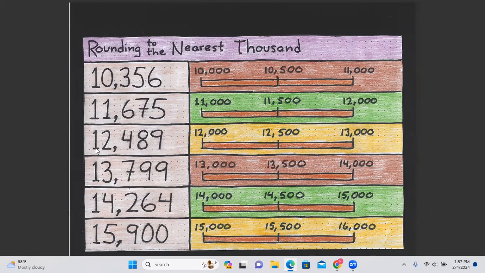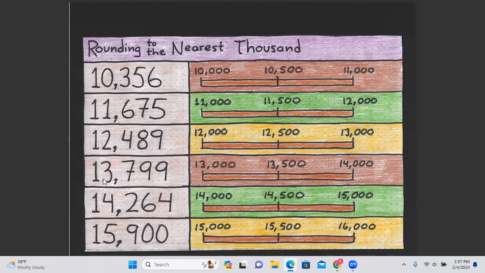12,489. And we see that 4 is less than 5, and we know that 489 is less than our threshold of 500. It's close to it, but it's still less than that. And so as a result, 12,489 will round back to 12,000. And let's take a look at